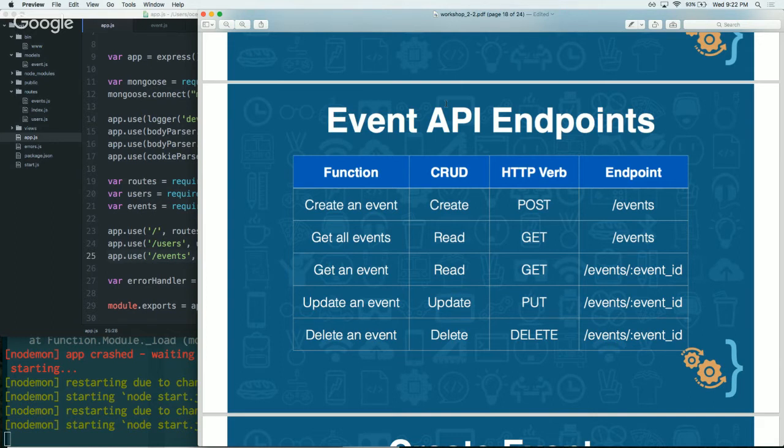When we create an event, we want to push data into the server. We want to say, hey, the event is going to have this name. It's going to have this description. It'll be on this date. We want to post it there and say, hey, you guys should store it in the database. In respect to CRUD, this is a create. We're creating data